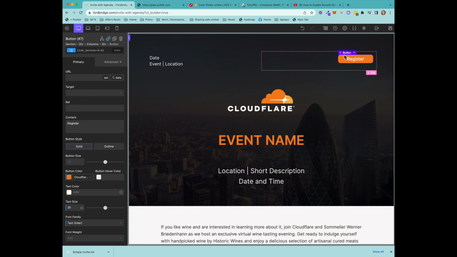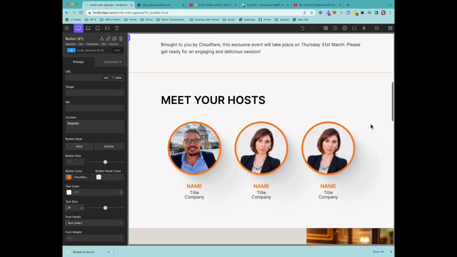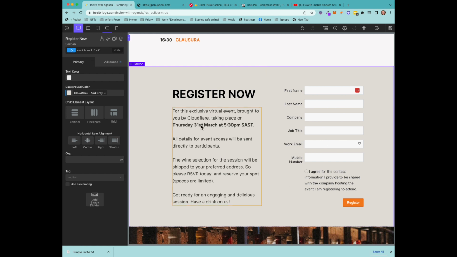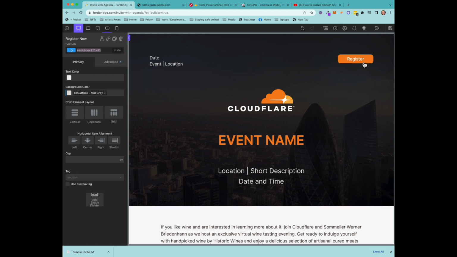Next, we're going to add a link to our register button, so that when somebody visits the page, they can click on register and it will take them straight down to the form. Now to do that, we need to go and find the form, select the section, and you'll see here that it's got an ID number. Now this ID is section 11161. Now we're going to copy that,